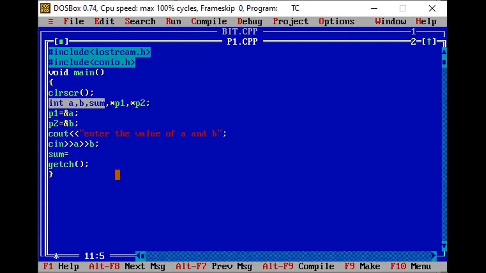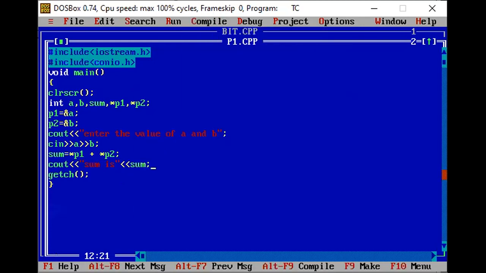If I'm saying I'm going to add two pointer variables, then star P1 will hold the value that is in the variable A plus star P2 that will hold the value of the variable B. Then cout sum is. I'm going to display the sum variable here.